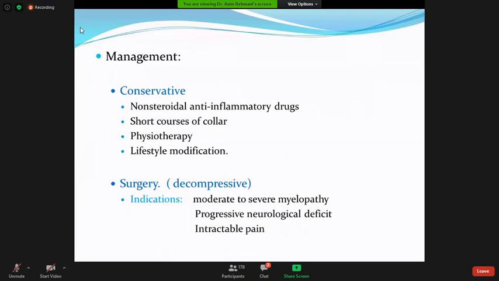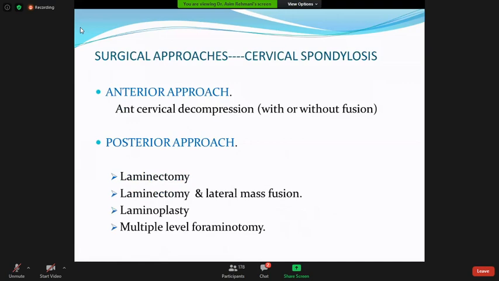Now comes the approaches, surgical approaches for cervical spondylosis. There are usually two types of approaches: anterior approaches, in which the most common approach is anterior cervical decompression or anterior cervical discectomy with or without fusion, which is usually known as ACDF, anterior cervical discectomy or decompression and fusion. It may or may not be associated with fixation or placing an implant, in which there is a plate which is fixed with the help of screws. The other approach is posterior approach,